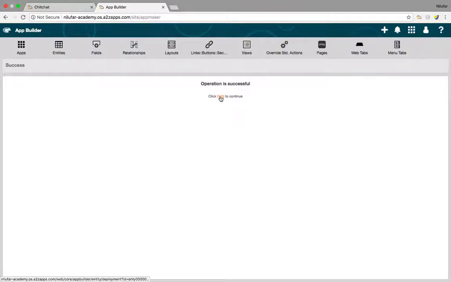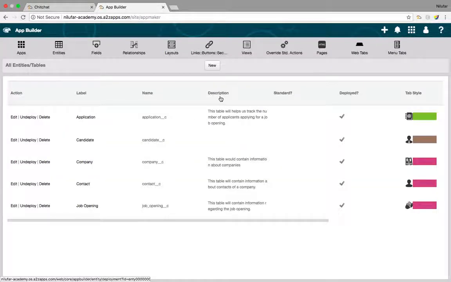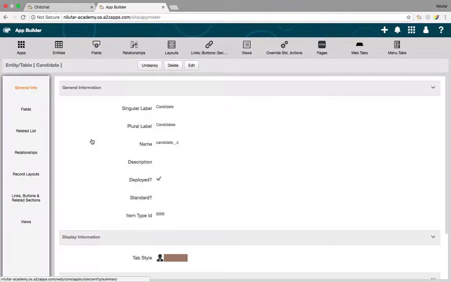All right. So I've deployed my table and I need to create some custom fields. What happens the moment you create a table is it gives you some standard fields, right? Which I talked about. So here I will show you how to create your own custom fields. Let's first see what standard fields I've got. Over here, I can see there is a tab called fields. So I'm going to click on that.